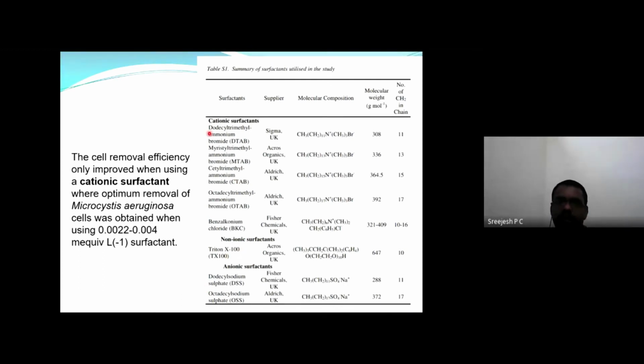So for example, maybe you are familiar with CTAB, which can be used for the isolation or extraction of DNA. When you are using CTAB-mediated extraction, we can carry it out, which you might have used. Sometimes I am not very sure whether you have used it. Similarly, you might be familiar with Triton X-100, which is a non-ionic surfactant. Similarly, you have the anionic surfactants also.